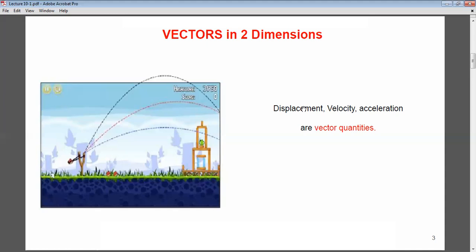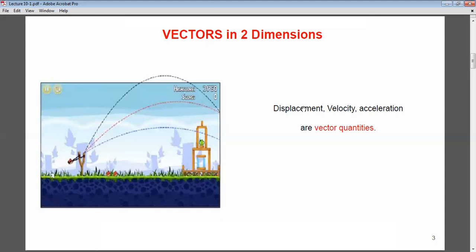Forces: if I push you, or let's say there is a door which only opens if I push it. If I pull it, it will not open. If I apply exactly the same force but I'm pulling it, it will not open. I have to push it. These things you find in malls. You will find a door of the shop and it says push. So no matter how strong you pull, you are exerting force, but it's in the opposite direction, so it will not open. However, just give it a slight push, and it will open. So forces are also